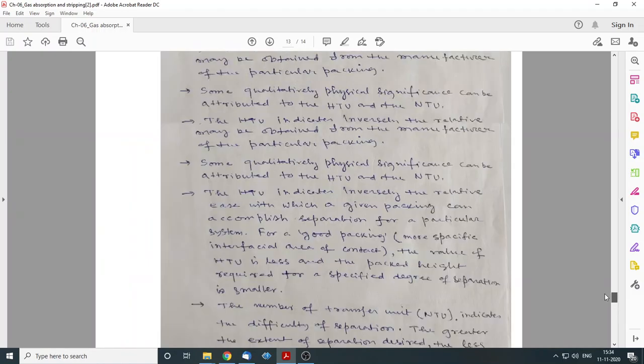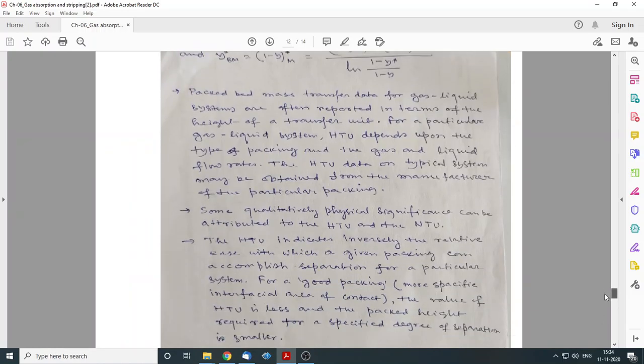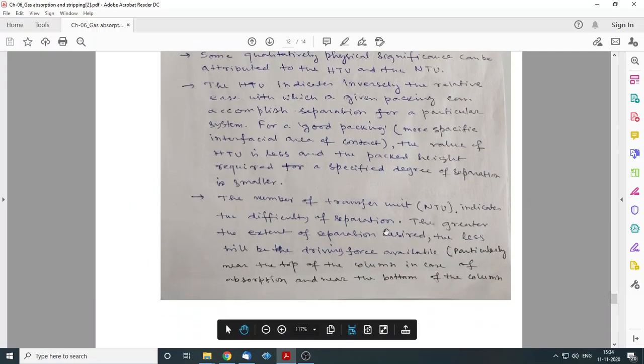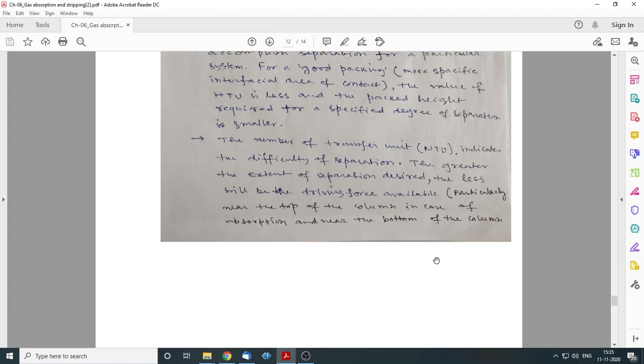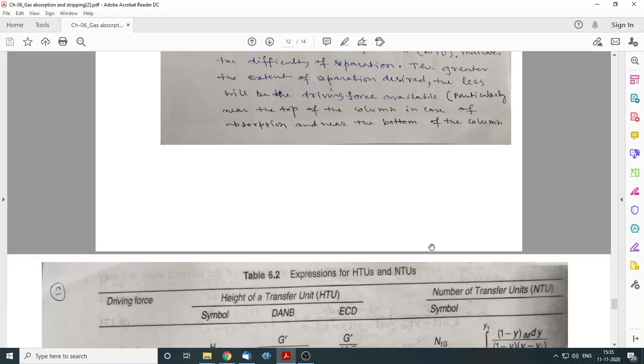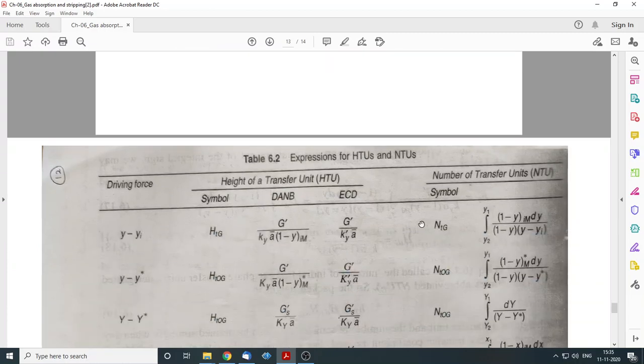For other things also it is coming. The number of transfer unit indicates the difficulty of separation. The greater the extent of separation desired, the less will be the driving force available, particularly near the top of the column in the case of absorption, and near the bottom of the column for the gas. So number of transfer unit,